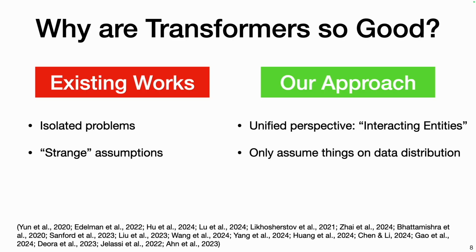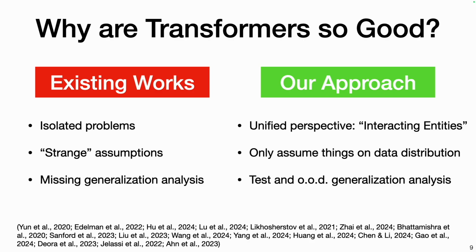Generally, their convergence proofs depend on some assumptions about the parameters they are trying to show converge, or to show something interesting about. For example, they assume some parameters are lower bounded or upper bounded by some scalar, and they show that those parameters converge to something with that assumption, and that is not pretty. Contrarily, in our theories, we will not have such assumptions. Our assumptions will be only about the data distribution, and you will see that they are pretty mild.